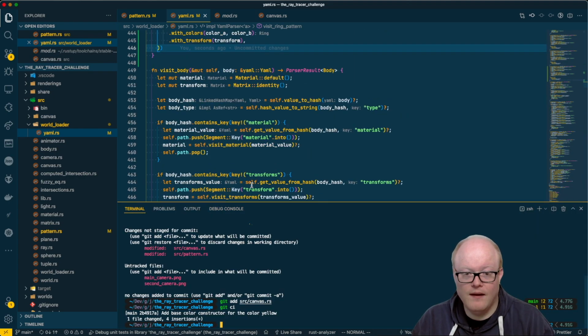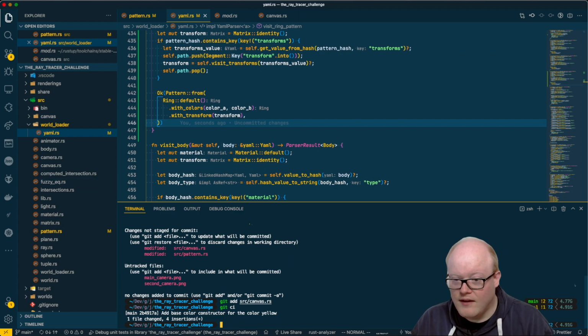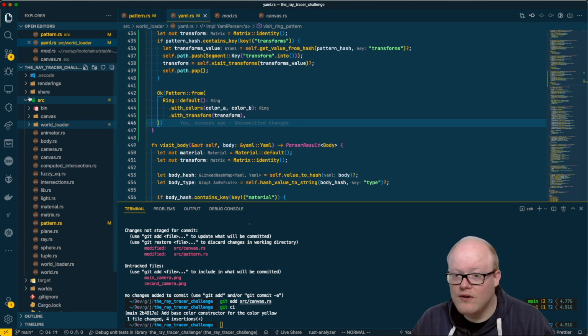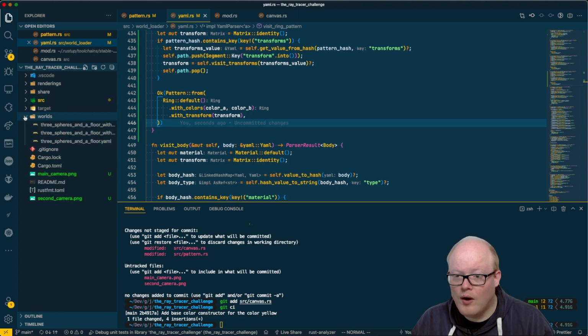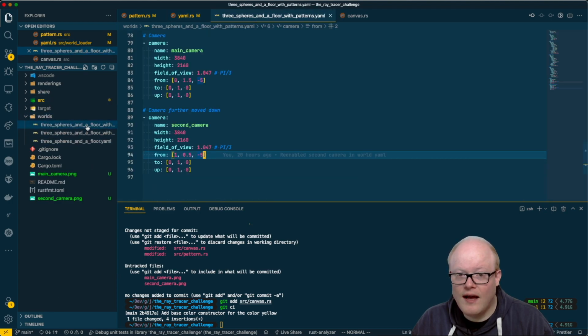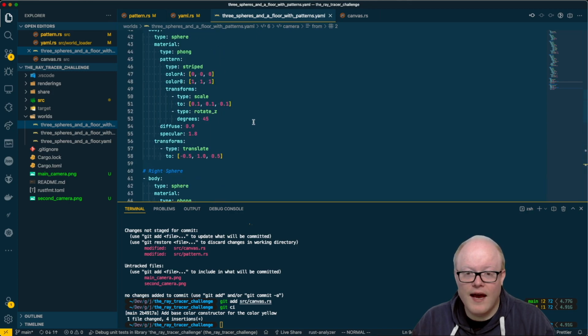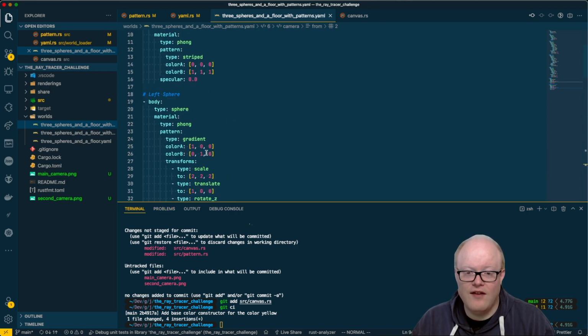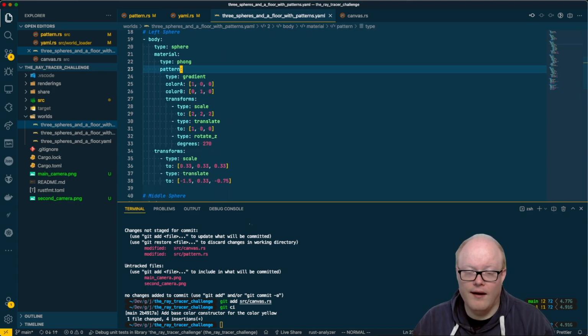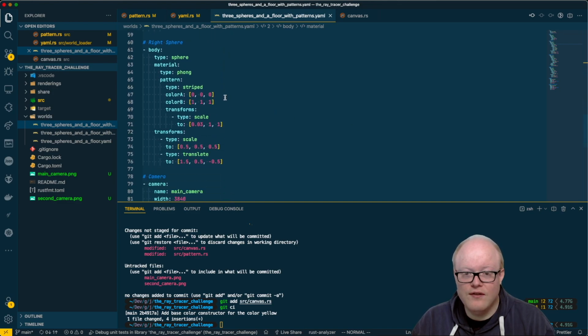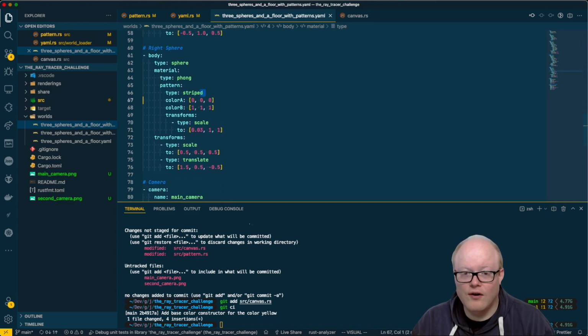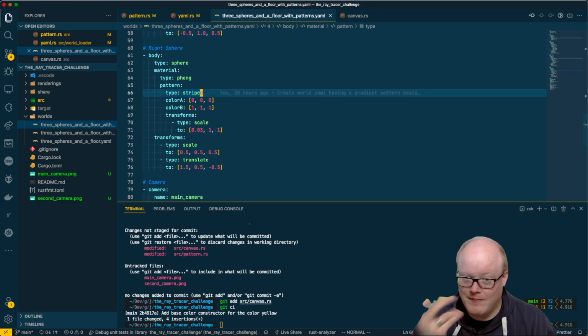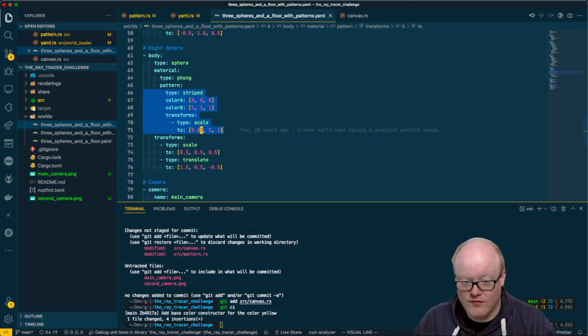So let's go ahead and see. Where are our worlds? We defined the last time something we called 3 spheres and a floor with patterns. Yes, nice. So let's take a look there, and we have now a pattern on the left sphere and on the middle sphere, but not on the right sphere. Or at least the right sphere has a stripe pattern. So maybe we can give this one